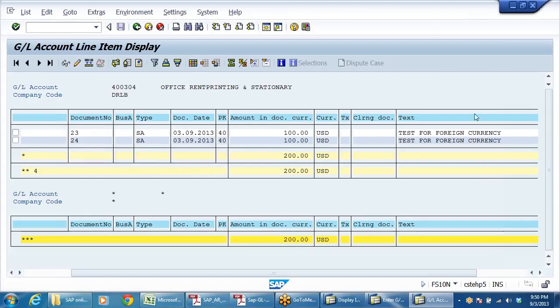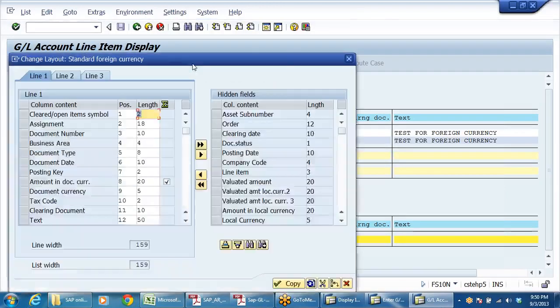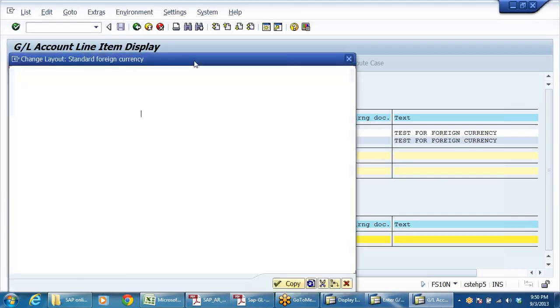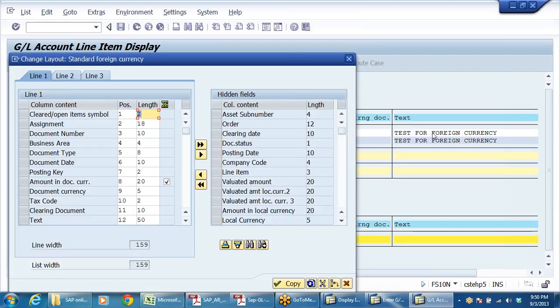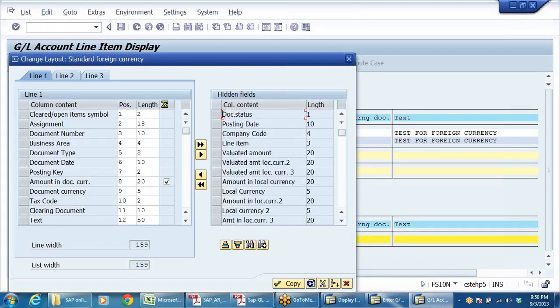I want to see. Say I don't want text at all, right? I can remove it. So what you do, you can change layout. Just click on that, right? And if you observe this one, click on this one, change layout. Then this is text part. So first of all, one is posting date, company code, validation, valid amount in local currency.